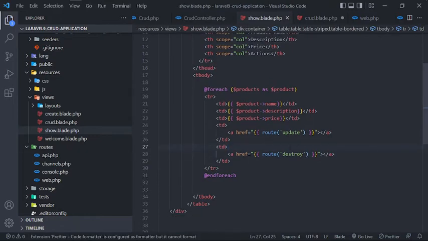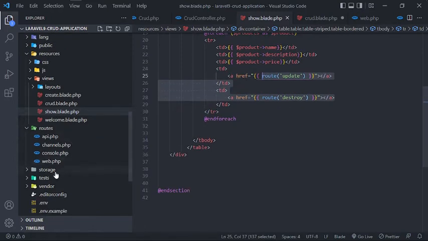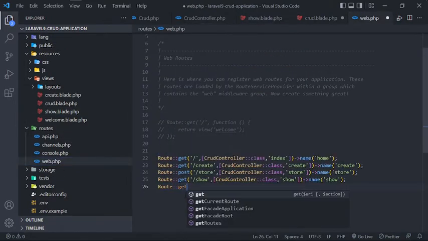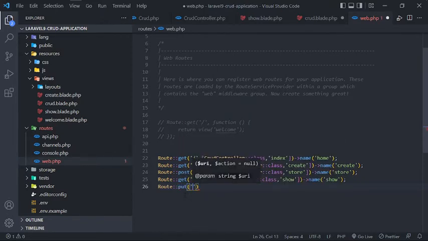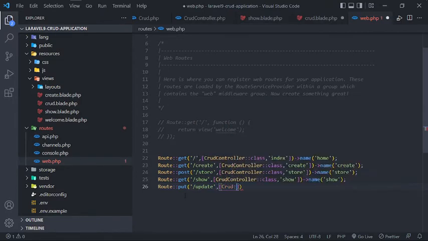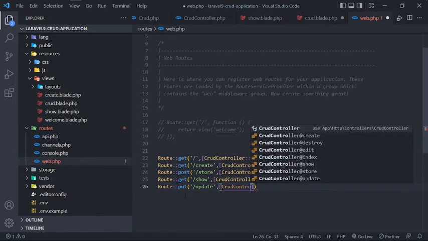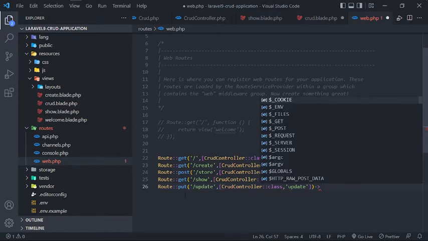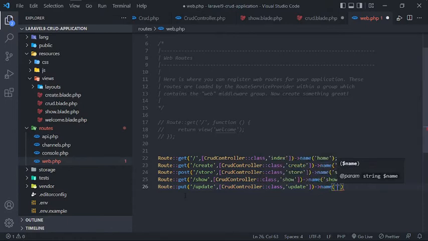And we need to create this route in the web.php routes. This will be put, and this will be slash update. The controller is the Crud controller class, and this will be update, and the name for this route is update,